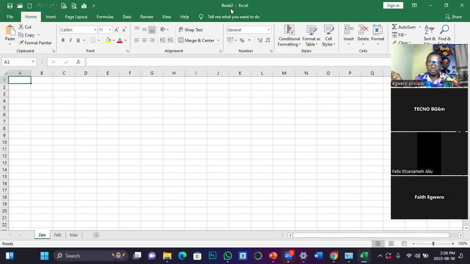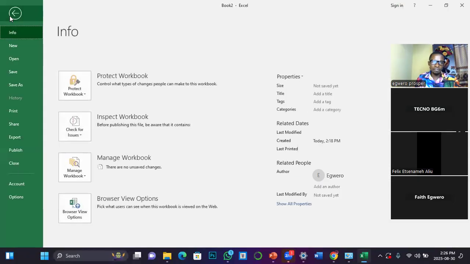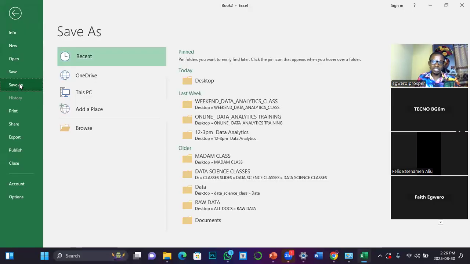And these 3 sheets are inside this Book 2. So I need to save this workbook with a descriptive name so that when next I want to access it from the storage, it's easier for me. How do I achieve that? I'll go to File, then from File, I'll select Save As. Why are we selecting Save As? Because we are saving this book for the very first time, so that we can give it a unique name that differentiates it from others. So I click on Save As.